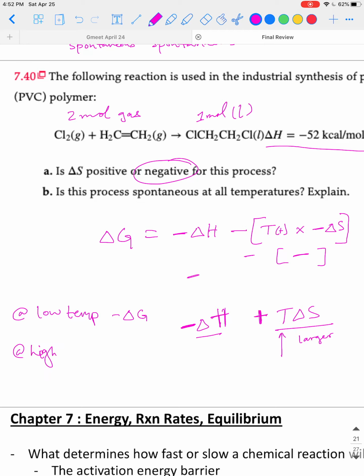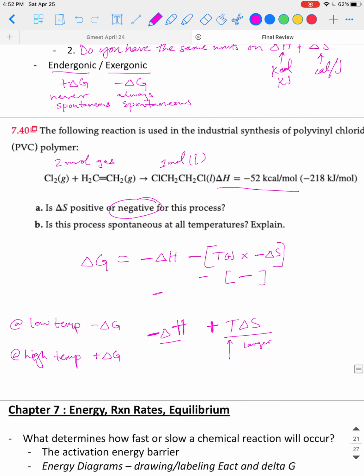But at higher temperatures, at some point, if we crank the temperature up high enough, then the T delta S term will be larger than delta H. And that would mean at high temperatures we would get a positive delta G. So the question, is this process spontaneous at all temperatures? No. It will only be spontaneous at low temperatures, where your negative delta H,